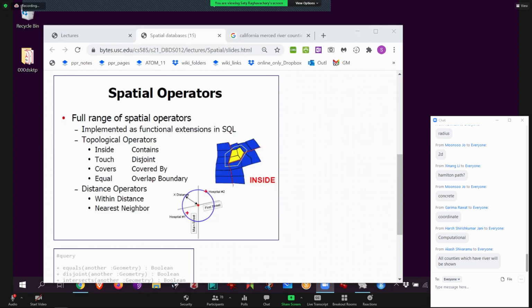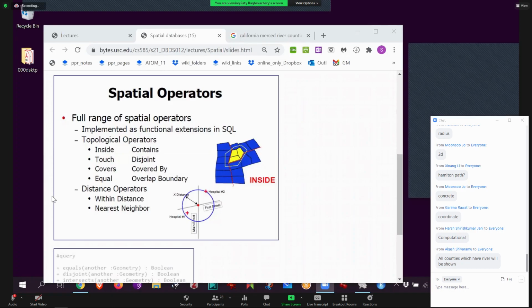That's so cool, right? That is really what is so magical about this, that you can turn all these inside operations into something useful when you're driving. I'm running out of gas pretty soon, so show me the nearest gas station. Or somebody's having a heart attack, where's the nearest hospital? It's all about the nearest, within a certain radius. So that is an inside operation.